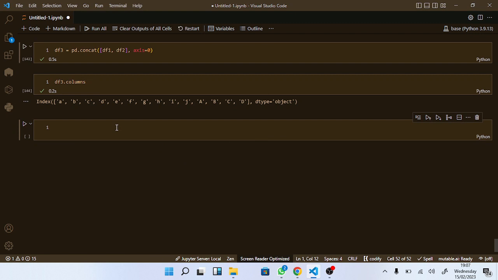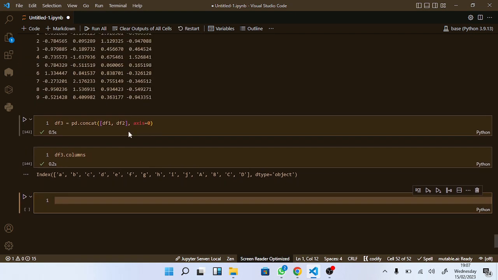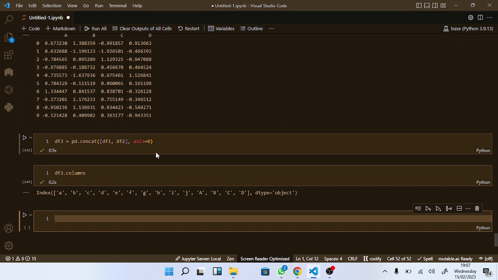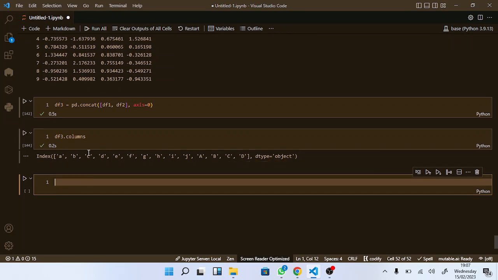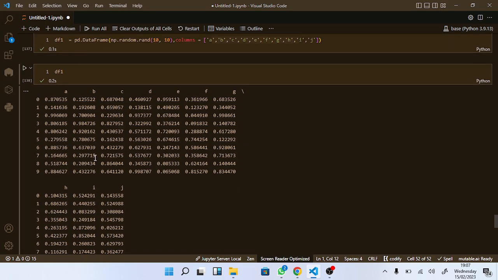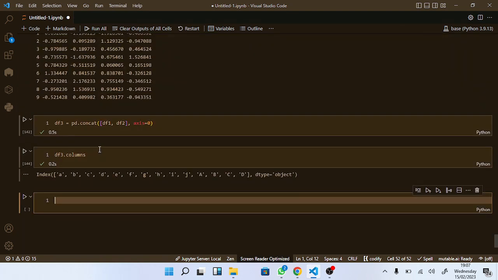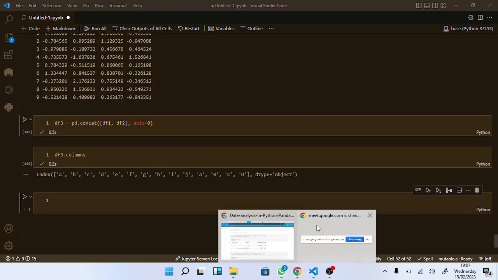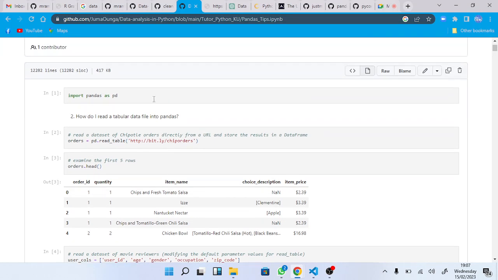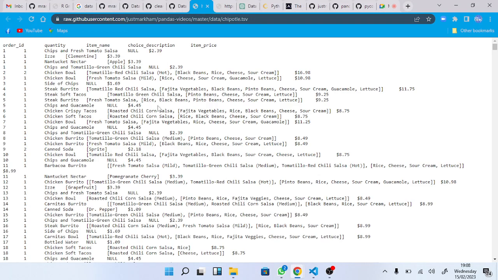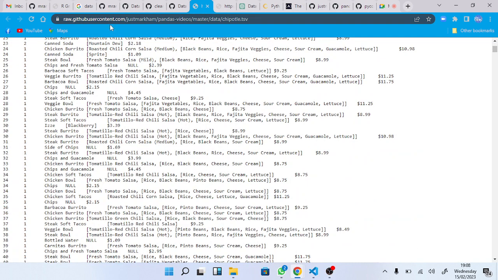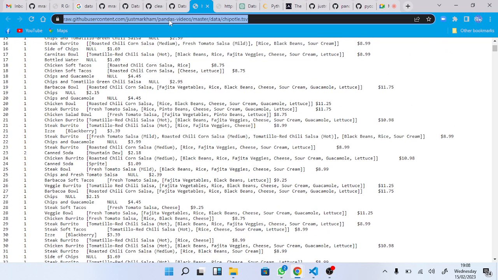Also, I forgot one thing. You can read data from online. By that I mean, if you have a link to data, for example, my work today will be reading data from online. If I go to this link, I can see data. This link has data. So if I want to read this data, I just copy the link,